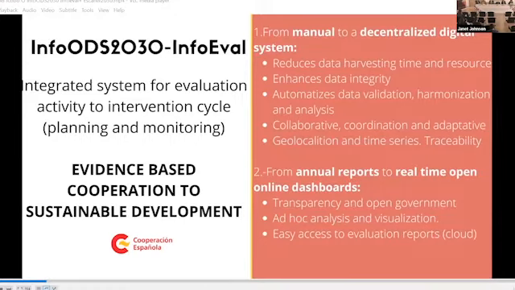The aim is to have evidence-based cooperation for sustainable development, so that we can gather together all this information that the Spanish system of cooperation is undertaking in terms of evaluation. Before having this system, the work was manual. So this system gives us two main benefits. First of all, passing through the manual work of sending emails, talking to all the actors, to a decentralized digital system. This helps us to reduce data harvesting time and increases efficiency in our management of resources, enhances data integrity,